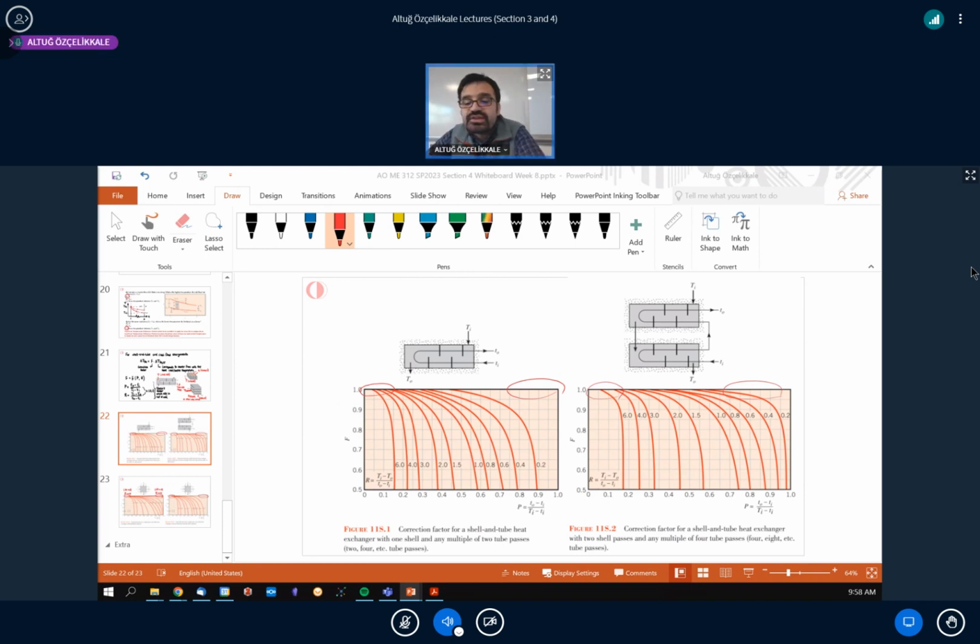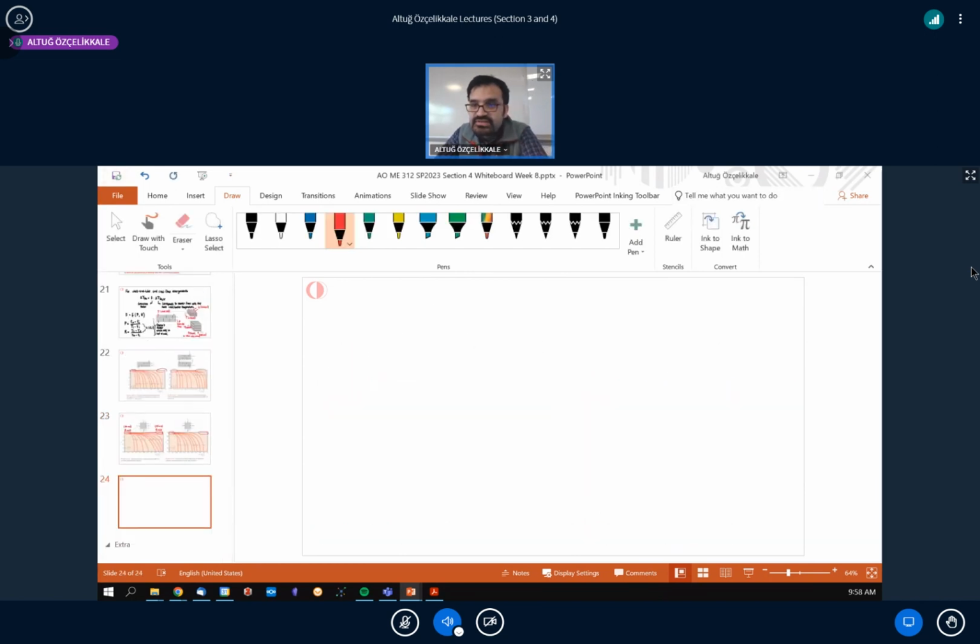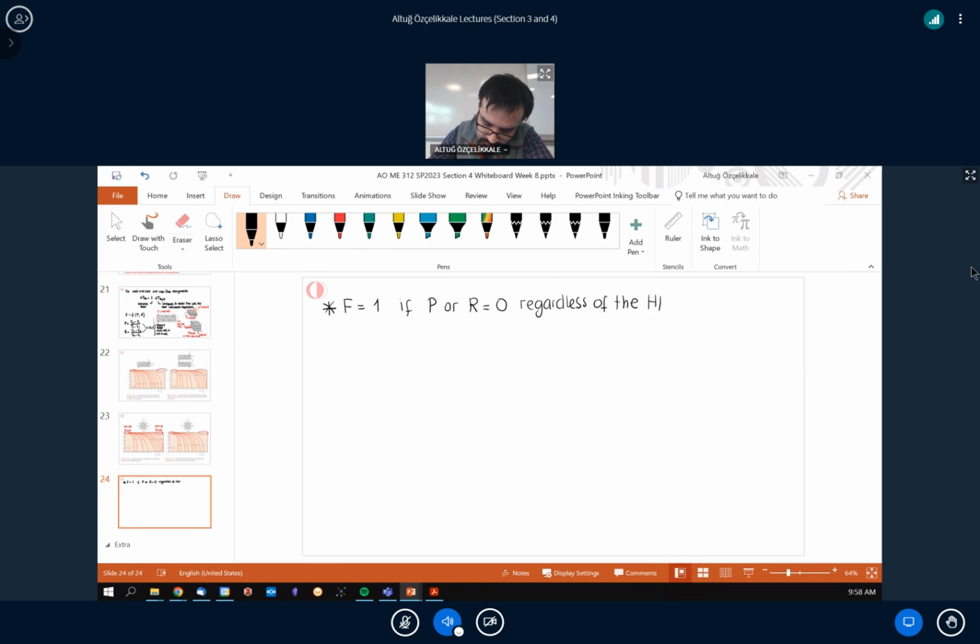for an evaporator or condenser, F is going to be equal to 1, and you are going to treat the heat exchanger as a counterflow heat exchanger. Let me write this down. And a good example to this is when there is phase change. That means your heat exchanger is either an evaporator